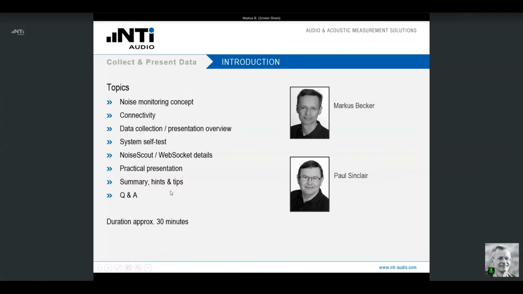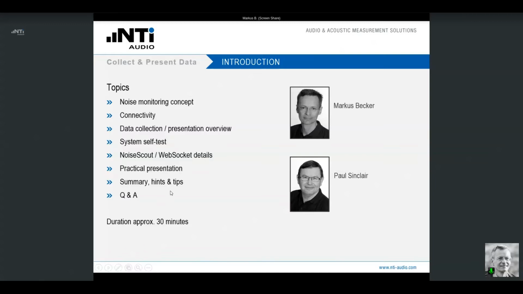We have prepared the following topics for you. We start with a brief overview on the concept of noise monitoring, the required equipment. We will introduce you to the possibilities to connect your noise monitor with your PC. We will also give you an overview on the data collection and the presentation alternatives and options.